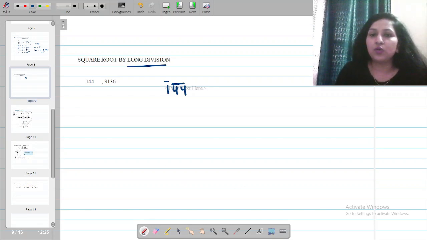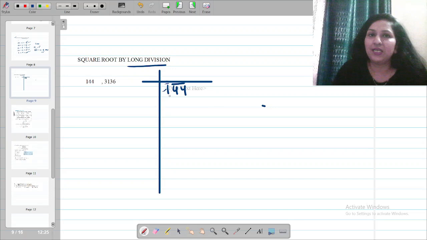Now what you are going to do, you have to make a division symbol like this. Make a division table like this. Now after this, what we are going to do, look for the number which multiplied by itself either should be equal to this number or lesser than this one. It is 1 only. So 1 into 1, it will give me 1. If I take 2, so 2 into 2 is 4, but it is greater than 1. So I have to start with 1. 1 multiplied by 1 is 1. Difference of 1 and 1 is 0. I hope till here it is understood.